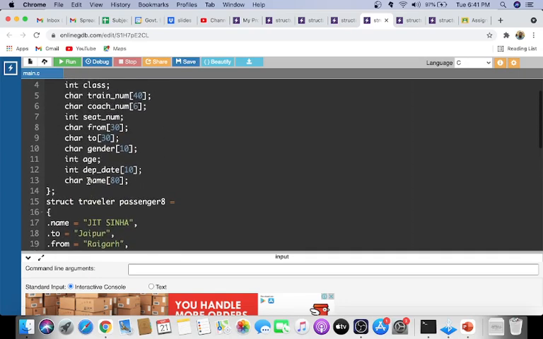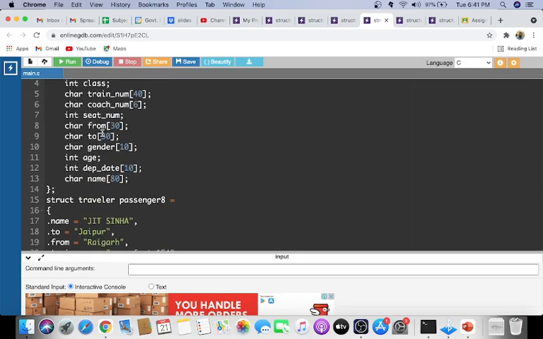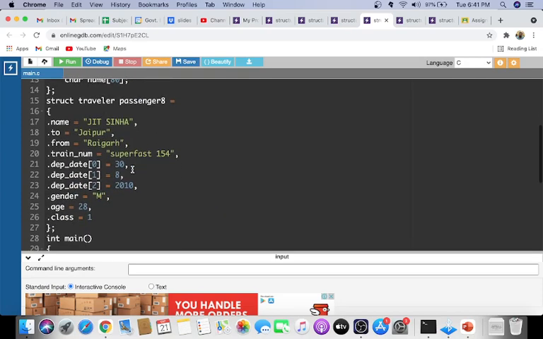So departure date is actually an array. If you see this, departure date is an integer array. Since it's an integer array, you can store up to 10 elements. So what I am doing is departure.date[0], I am storing the 30th date. Then departure.date[1], I am storing the month.